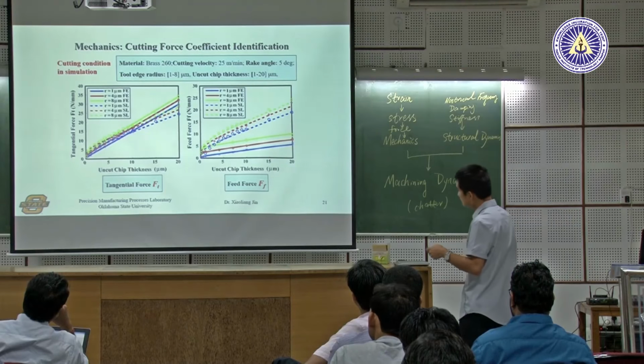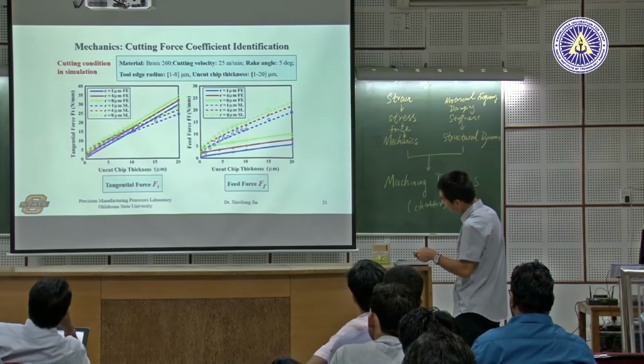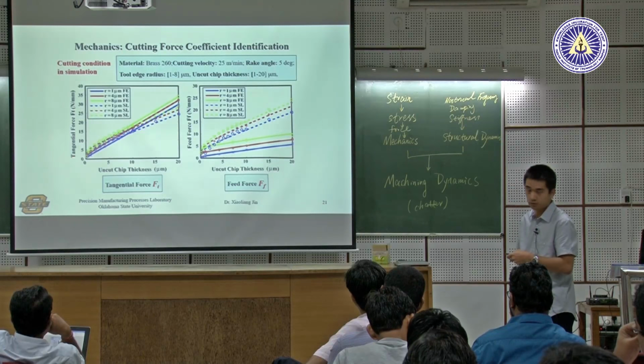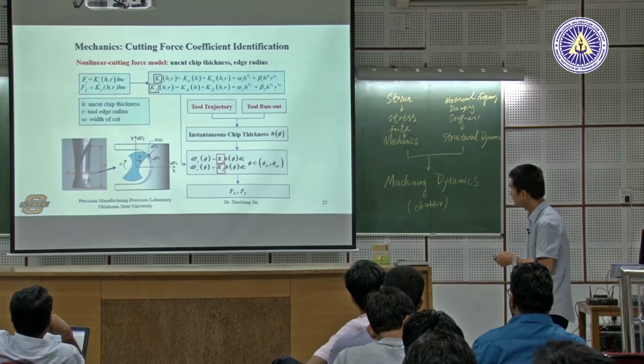Then, because for very small region here, okay? For very small region here, now it becomes nonlinear, okay? Between the force and uncut chip thickness. It means we cannot use a linear model to characterize the whole uncut chip thickness range. Okay, so what we did is